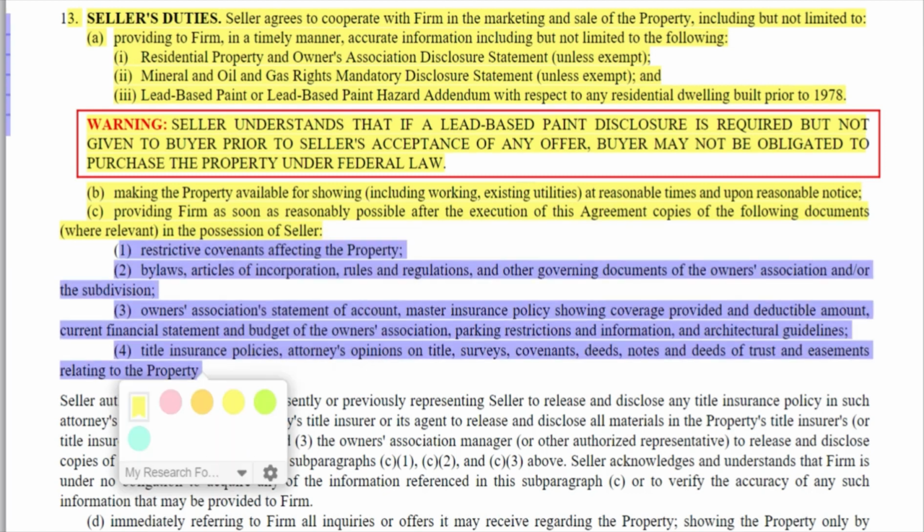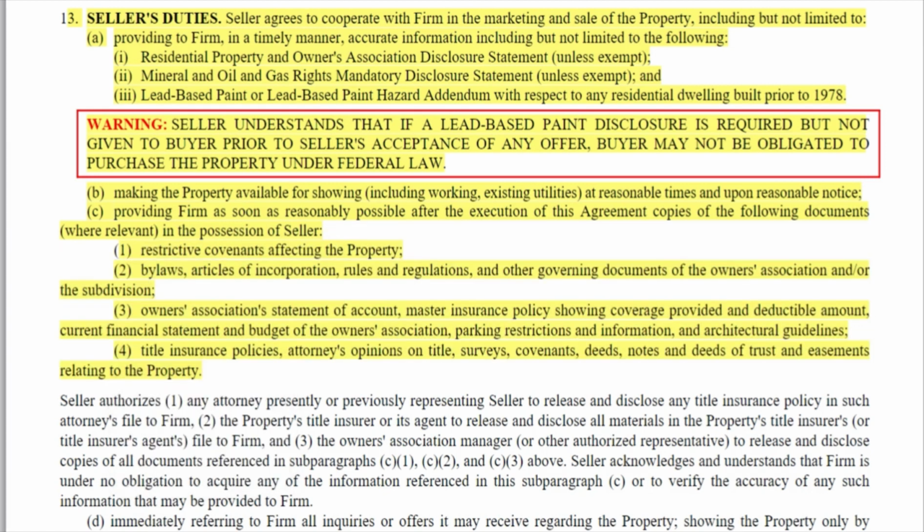Okay, we have 1, 2, 3, and 4. Number 1, restrictive covenants affecting the property. We need that. Bylaws, articles of incorporation, rules and regulations, and other governing documents of the owners association and/or the subdivision. So we need all of those documents. If you are in a subdivision where there's an HOA, we need those covenant rules and everything that you have about that. The owners association statements of accounts, master insurance policies, showing coverage provided,